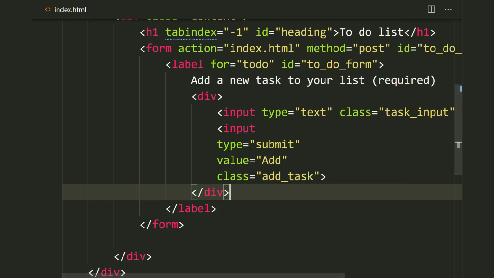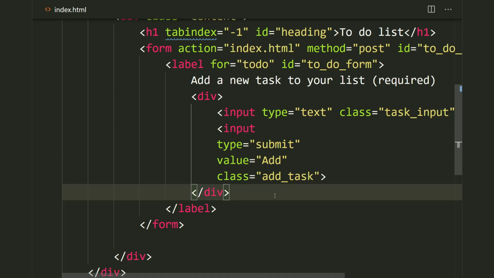The next thing we want to do is add an example. So this is going to be kind of tricky, but just bear with me. We want to give a hint to the user as to what kind of input is expected. This is great for accessibility, and it is actually an inside recommendation of the Web Content Accessibility Guidelines.